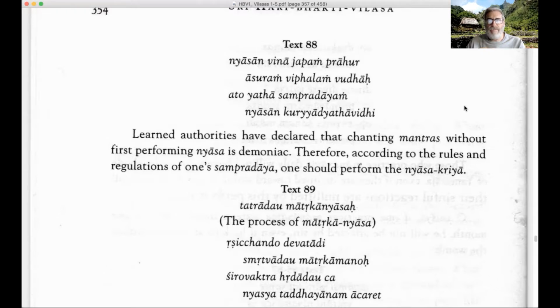He doesn't cite any quotations from any scriptures or anything like that, but this is his opinion. So for those persons who are perhaps following the Gaudiya Math or perhaps following ISKCON, they might want to think about that opinion and consider it.